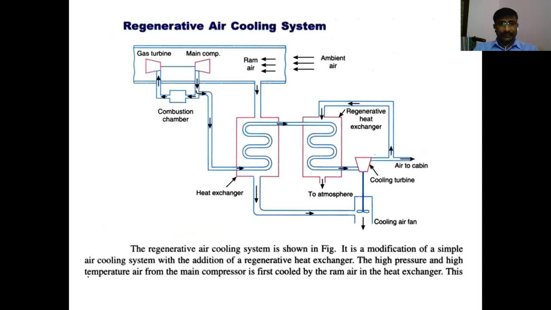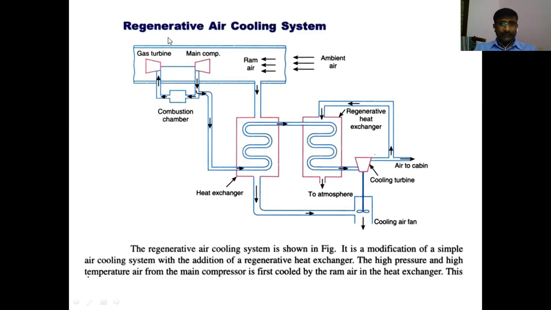Okay. So regenerative air cooling system. Regeneration, you already studied in gas turbines. The regeneration process is where the exhaust gases which come from the gas turbine are again utilized to increase the temperature of the air which is taken from the atmosphere. That's why, in that case, the air temperature rises in gas turbines. That is called preheating of atmosphere air before entering the chimney.